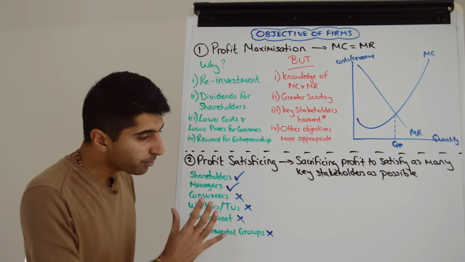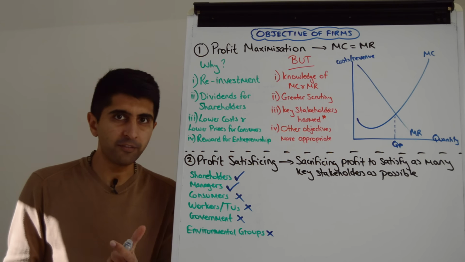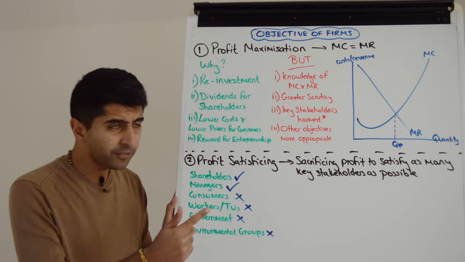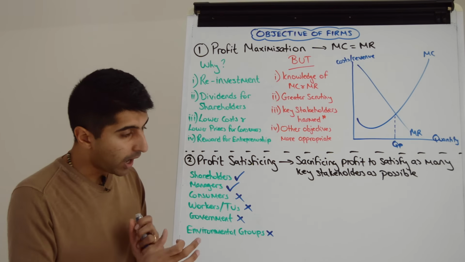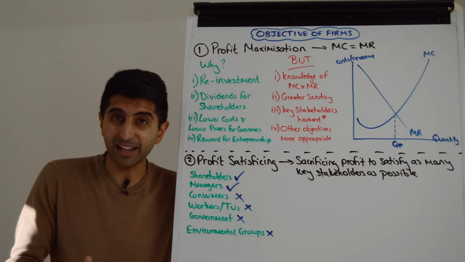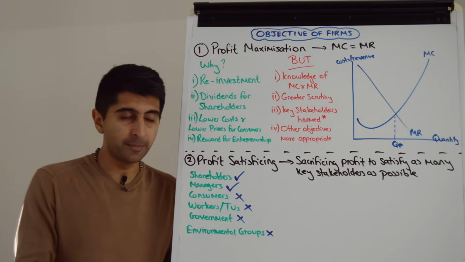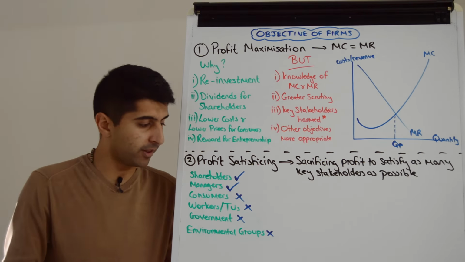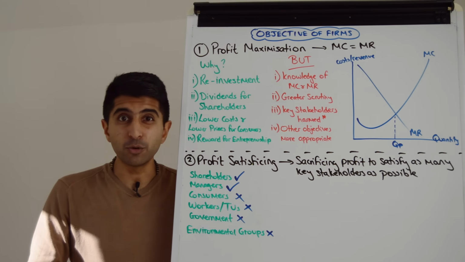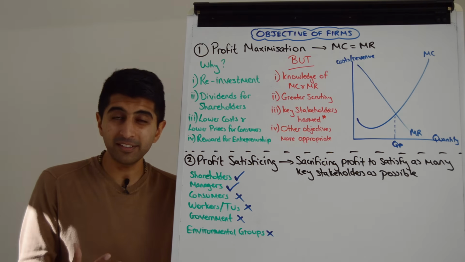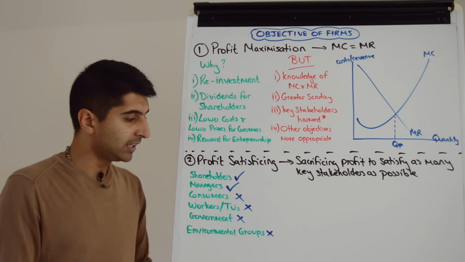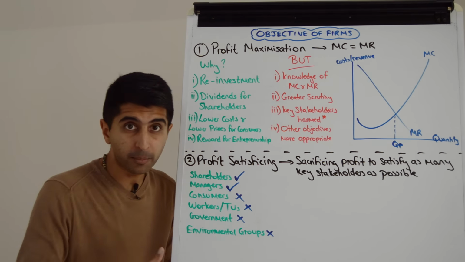What's the problem though for a business if they harm some of these key stakeholders? Well, if you harm consumers, you can suffer from very bad reputation. If you harm workers, workers could strike. That's certainly not in the interests of you as a business, right? Trade unions not being happy with it. The government, what could they do? We've already said they can investigate. If they're not happy with how the business is doing, they can investigate and the outcomes can be very anti the business interests. Environmental groups can protest.